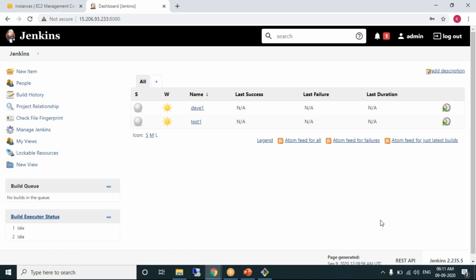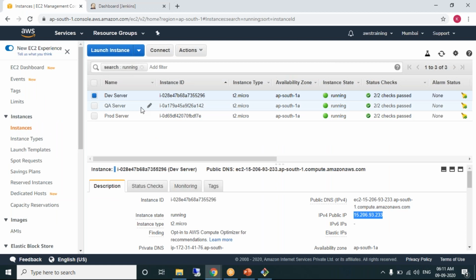So how can we avoid it? This is also one concept of availability. Jenkins server should not go down. It should have high availability. At any point of time, it should never go down. If it should never go down, then you should reduce the load of the dev server.